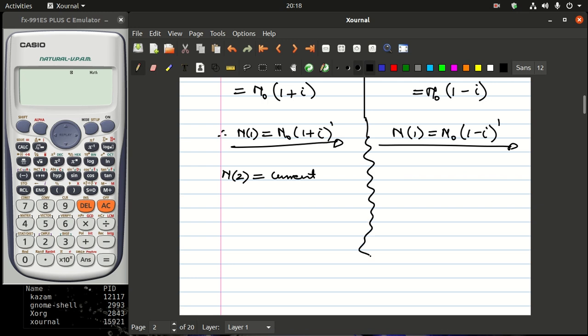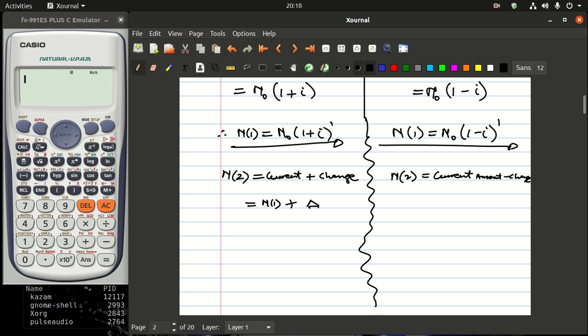Let me just still divide here, and then here we're going to have our current amount plus the change, and then here also n of 2, we're going to have the current amount minus the change, right? So the current amount now is going to be n of 1